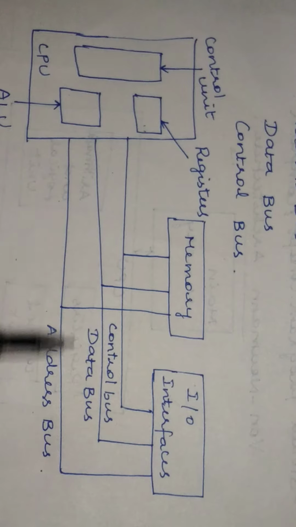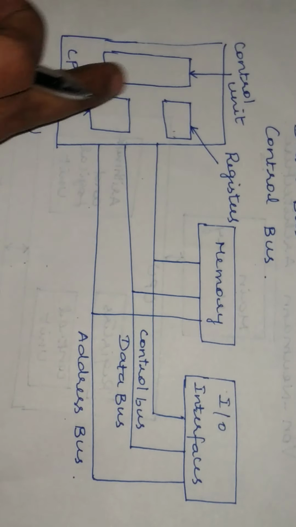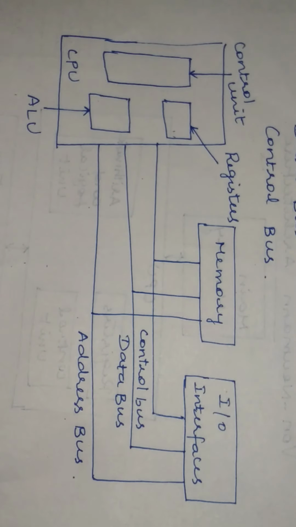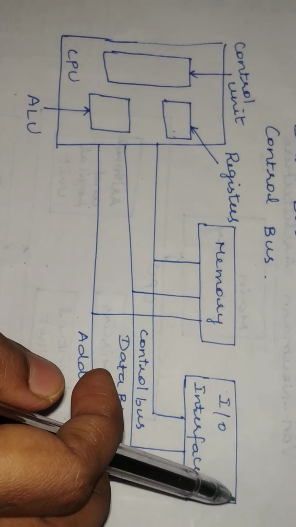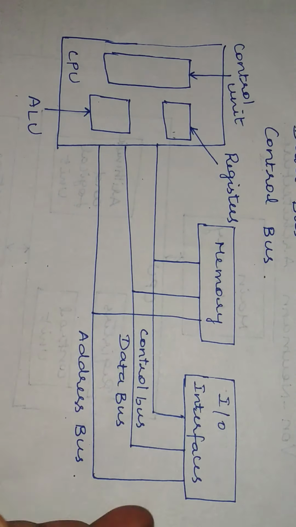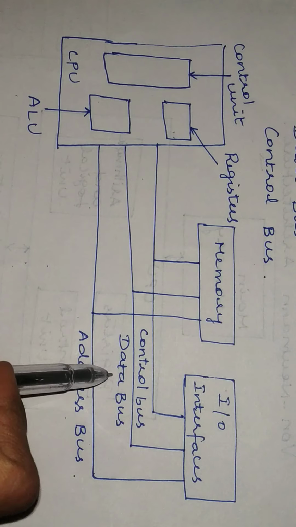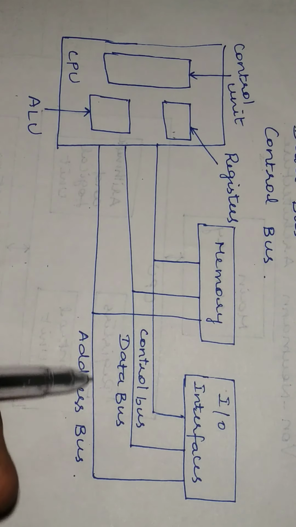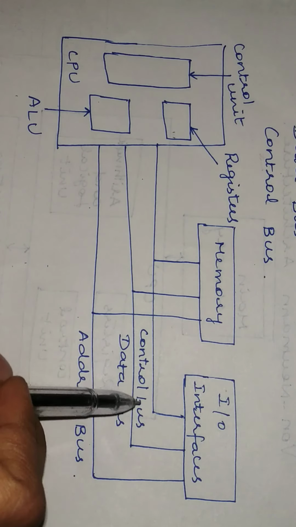Now, how is the bus structure implemented in the von Neumann architecture with all 3 components of the basic computer? Let us see that. Here we have the CPU, this one is memory, and this one is I/O. Simply, we have rearranged all the basic components of the computer in the way they are connected with these 3 buses: control bus, data bus, address bus. The address bus is unidirectional, the data bus is bidirectional, and the control bus is unidirectional.